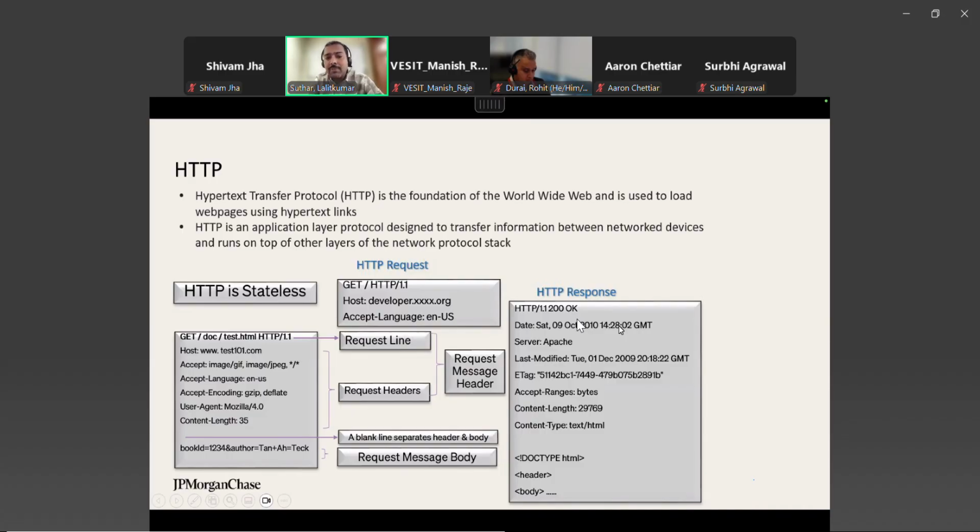And if you look at the HTTP response, this is what the service provider sends to the client. So this is what the server